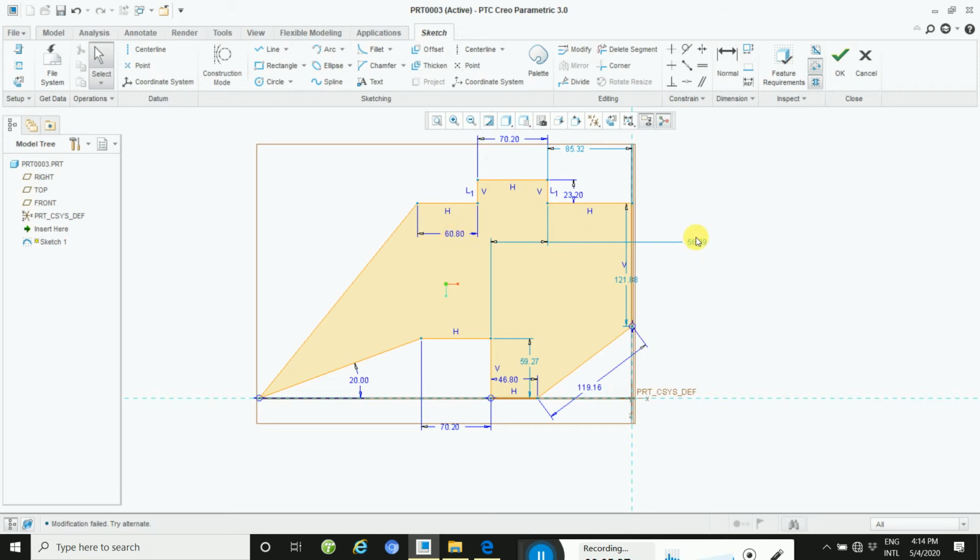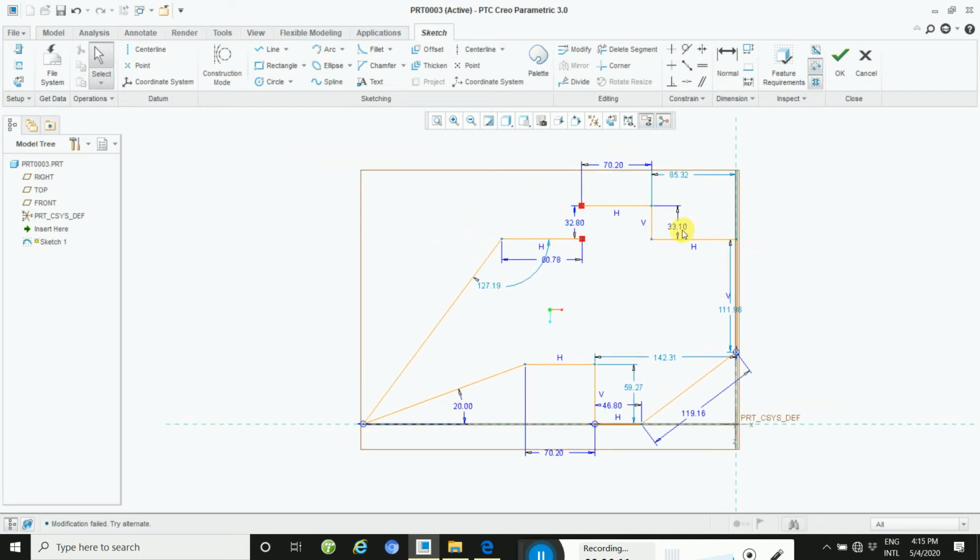And then take this dimension for 32. Okay, it's variable, so delete this line and take a relation, and then delete this relation and then relation is 32.8.